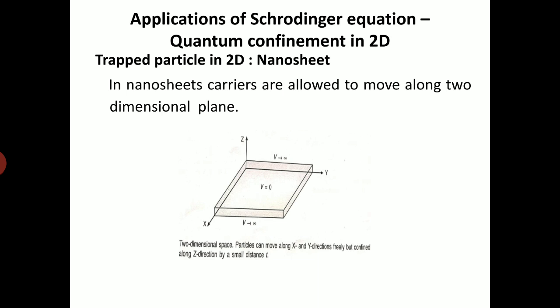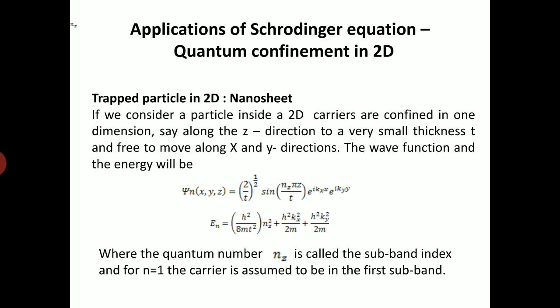By solving the Schrödinger wave equation for a 2-dimensional trapped particle, the wave function is psi n x y z equals (2 by t) to the power of half, sine of (n_z pi z by t), e to the power of i k_x x and e to the power of i k_y y. This is the wave function we obtained by solving the Schrödinger wave equation in case of particle which is trapped in 2 dimension,